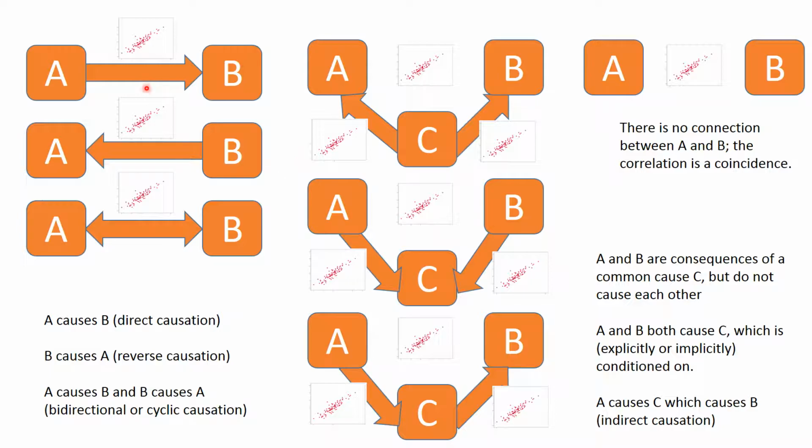And again, just like with this direction, the directions can work the other way around. It could be that A is actually causing C to change, and B is causing C to change, and because they're affecting the same thing, there appears to be a relationship between A and B. Okay, and you can also have causations that go through loops like this,